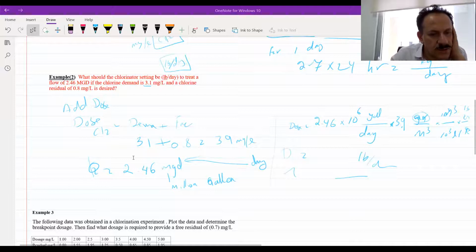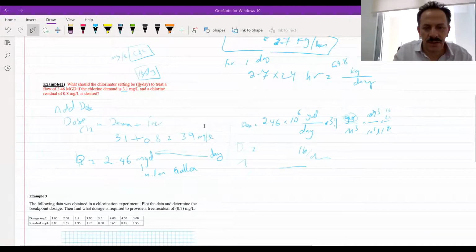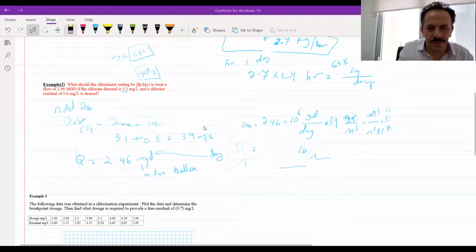You asked about this part, question 2. Yes, about the Q. How did we change the Q? How to change the million gallon per day? We said that we have